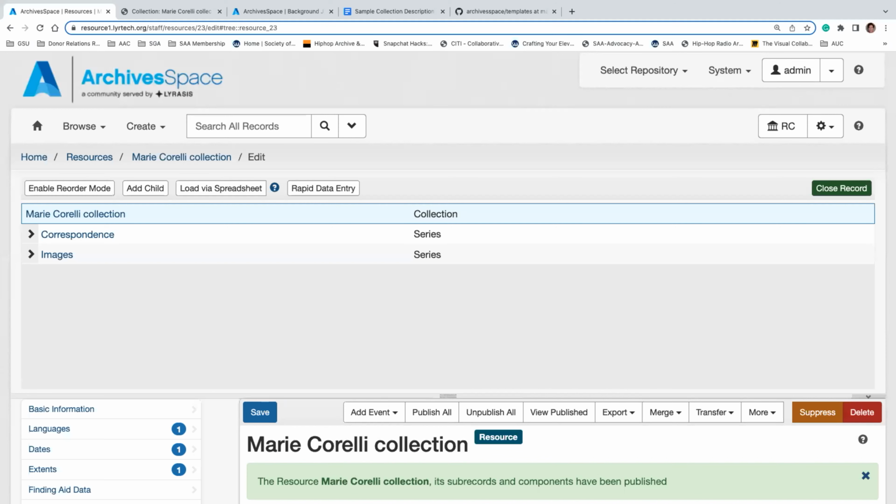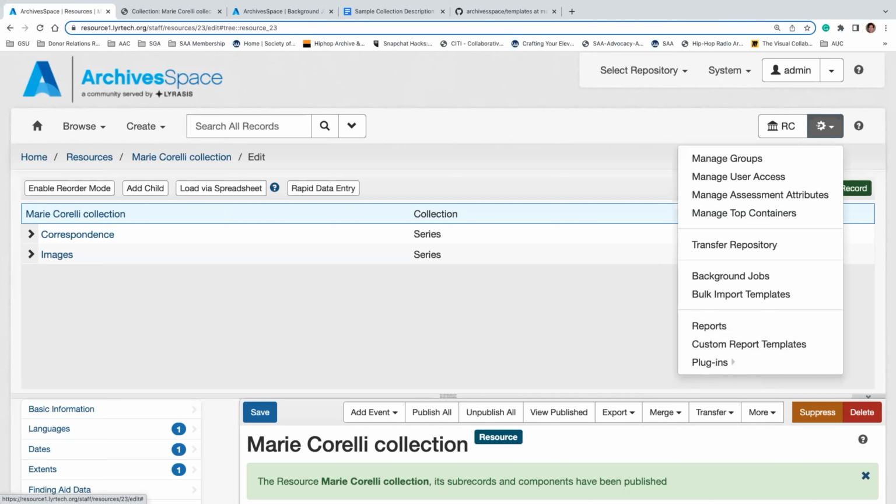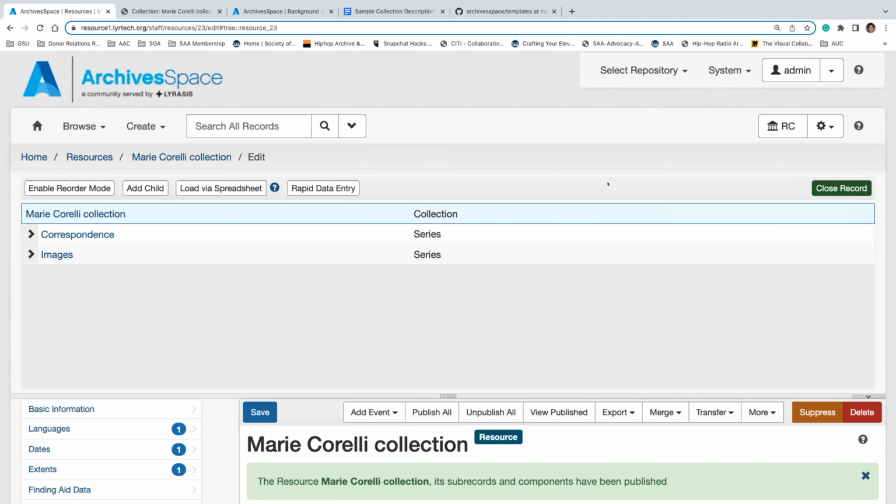So you may use the same box for multiple items. Is that what you're saying? Like, and they're shared across resources? Yes, okay, cool. So there is a handy feature called Manage Top Containers, but also there is a way when